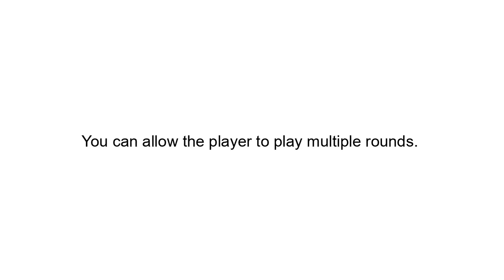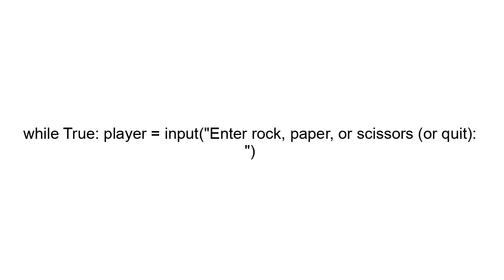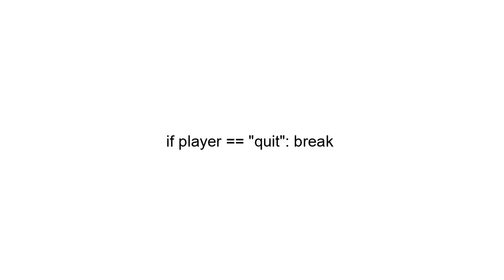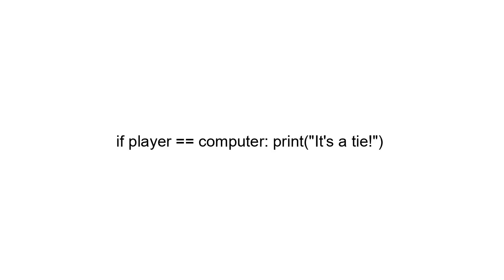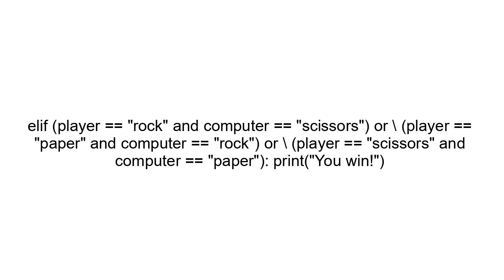Improved version with loop. You can allow the player to play multiple rounds. Import random. choices equals rock, paper, scissors. While true: player equals input("Enter rock, paper, or scissors, or quit:"). If player equals quit, break. computer equals random.choice(choices). print("Computer chose:", computer). If player equals computer, print